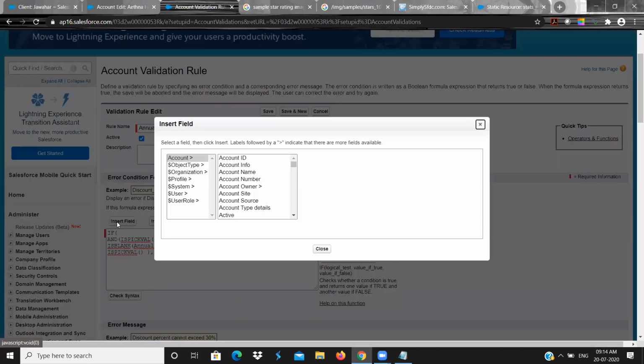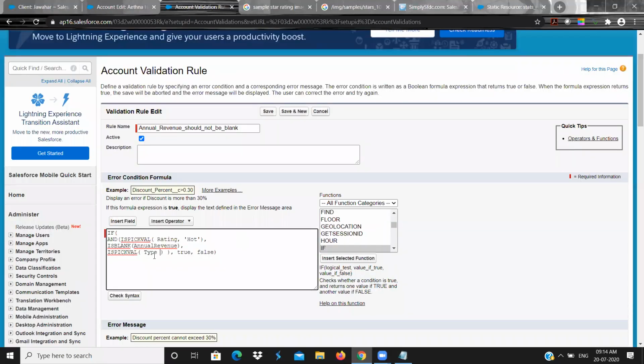Insert the field from the account object, that is type. ISPICKVAL of type, comma, Customer Direct. Customer space Direct. So if the type is equal to customer direct, you should be very careful when we are giving the braces and all.